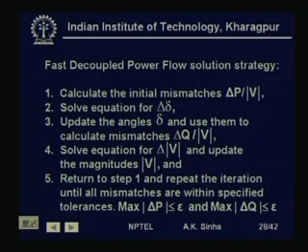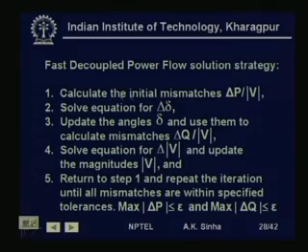This considerably reduces the computational requirement for this method, and this is why this method is called a fast decoupled power flow method, because this is much faster and it uses a decoupled relationship, that is, P delta and Q V relations are decoupled, that is, P is decoupled from V and Q is decoupled from delta. Now, the algorithm for fast decoupled power flow is as such: calculate the initial mismatches del P by V,